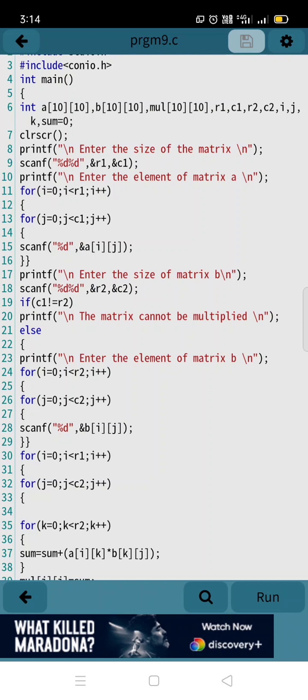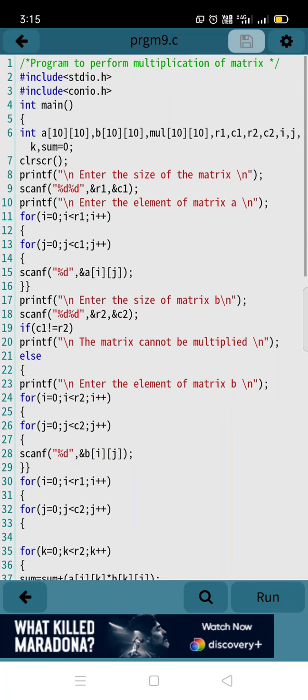Next, the clrscr function to clear your previous output screen, and in the printf we have: enter the size of the matrix. That means how many rows and columns you need to enter. When you run this program, it is going to ask you to enter the size of the matrix, how many rows and columns you want in the first array.